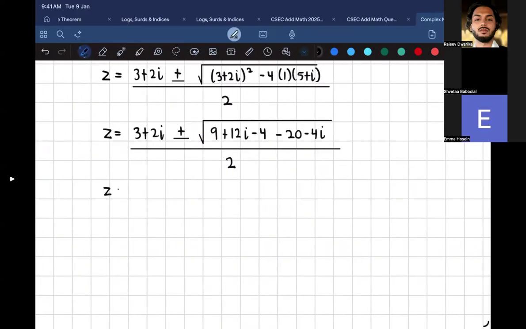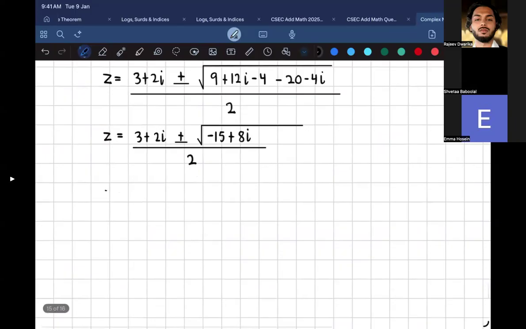If we simplify inside the brackets, what will we get? I got minus 15 plus 8i. Let me see. So 9 minus 20, okay, so we have minus 24. Minus 24 plus 9 is minus 15. Then we have 12i minus 4i, which is plus 8i. And we already found the square root of that. Yup, that was really nice. So z would be 3 plus 2i plus or minus